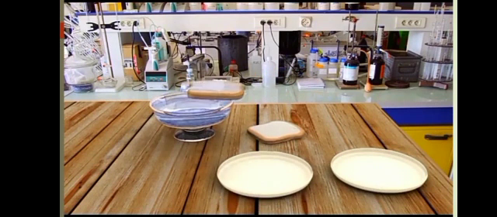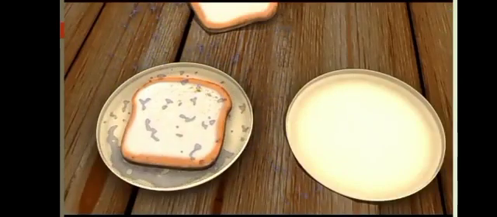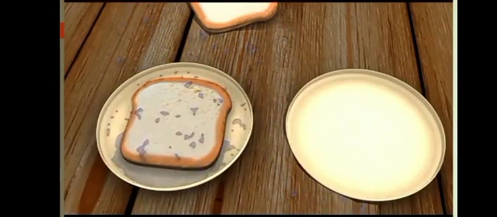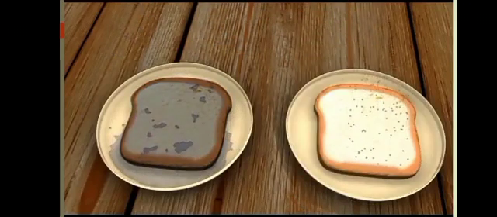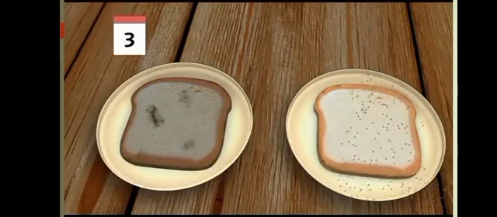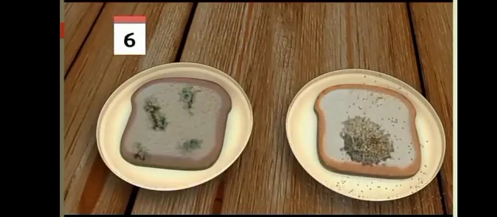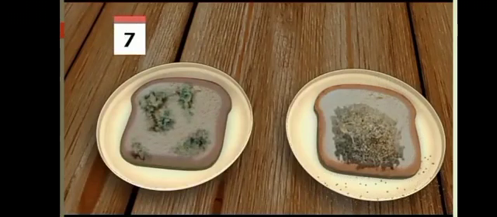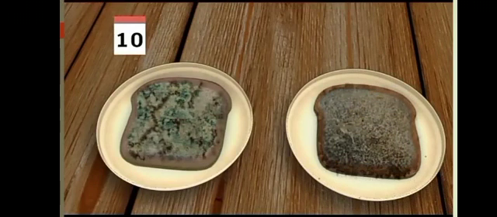Okay, and then we have to wet the bread in water. We can wet the bread, or otherwise we can take the bread and sprinkle some amount of water on it. Now if we keep the bread for 6 to 7 days, we can see that the bread will be covered by a cottony structure. Okay, so this cottony structure is actually the fungus which is known as bread mold.